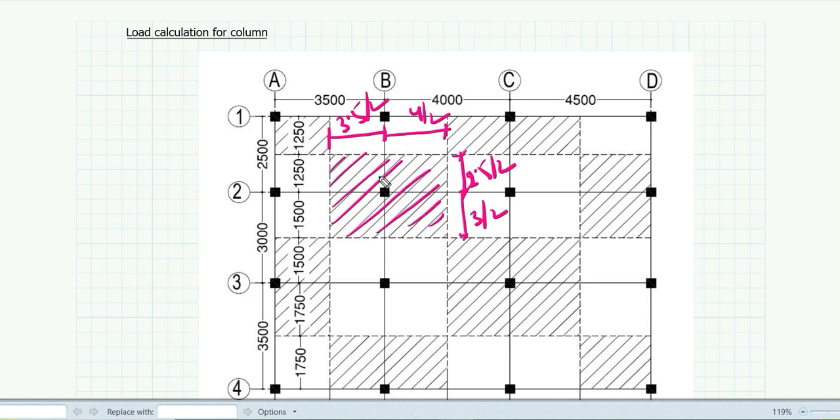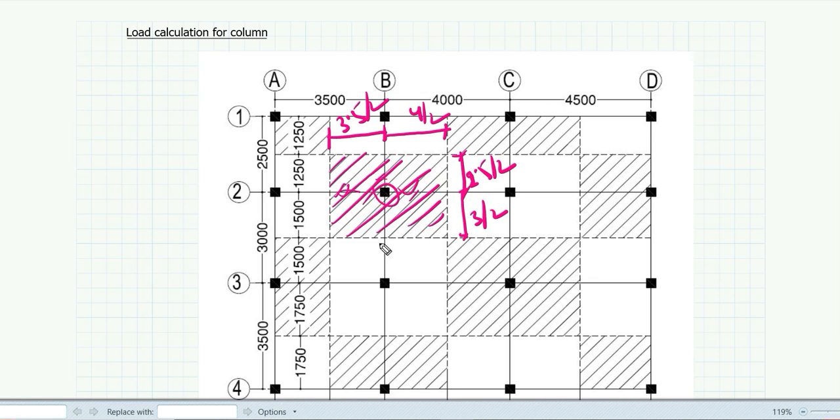As well as you remember that whatever is there within this area, all the load is going to come to this particular column. So if you are considering the roof, in case of roof there will be no wall over here, right? So wall load is not going to come, but slab load will be there. And also the beam, because beams are there, right? The beam load is also going to come.